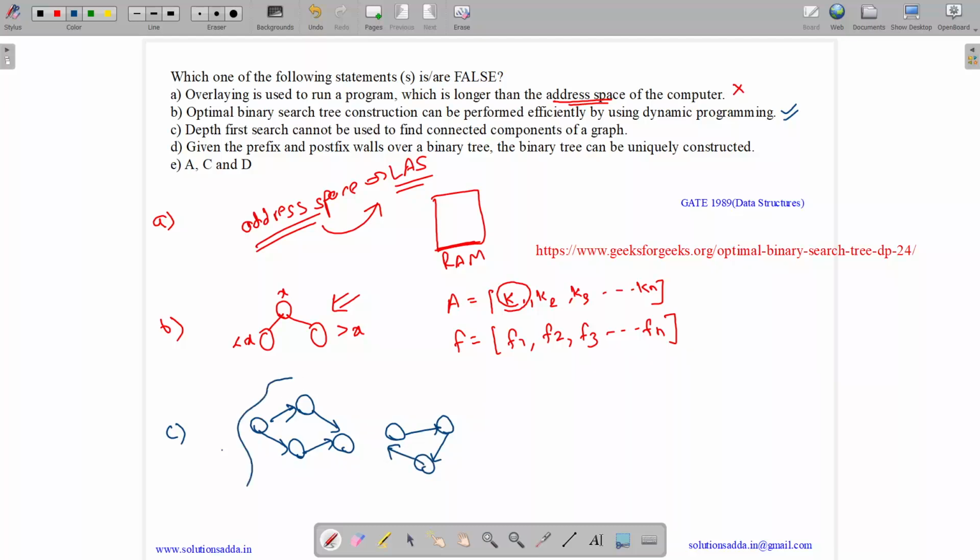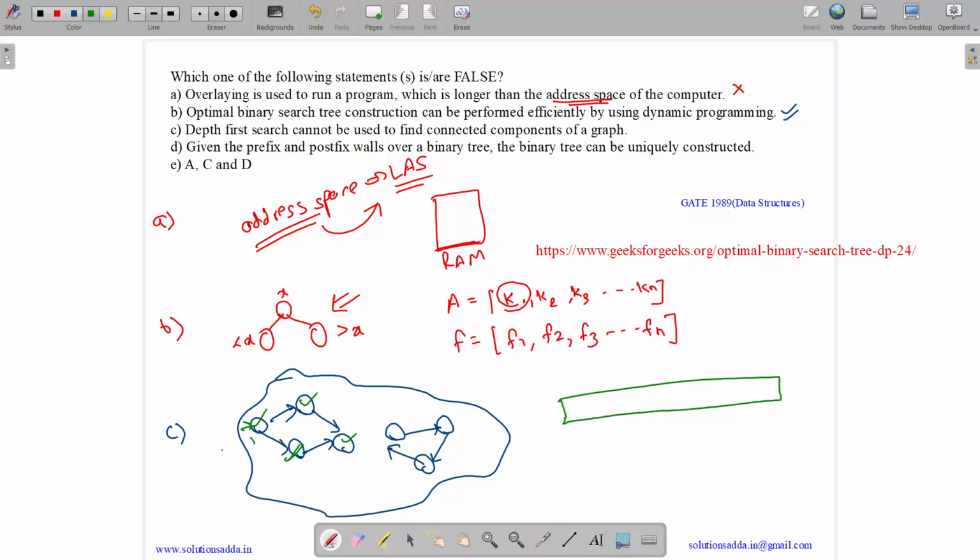components. So when we apply DFS on the graph, then DFS will start from this vertex, assume, so it will go to this vertex, this vertex, this vertex, then it will backtrack and will go to this vertex. We will also have a visited array. Let us suppose this is vertex 1, vertex 2, vertex 3, vertex 4, vertex 5, vertex 6, vertex 7. So when we visit, we will mark all of them as visited. 1, 2, 3 and 4 have been visited.